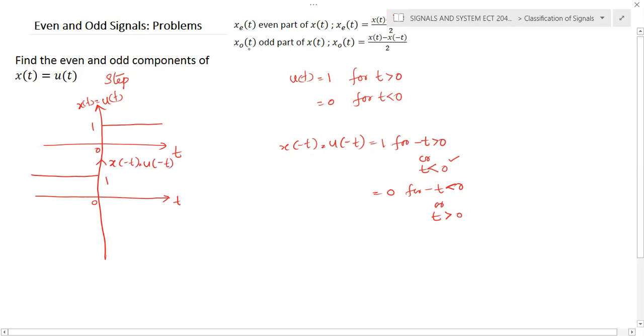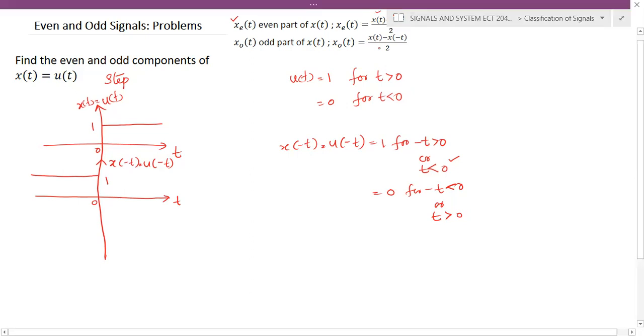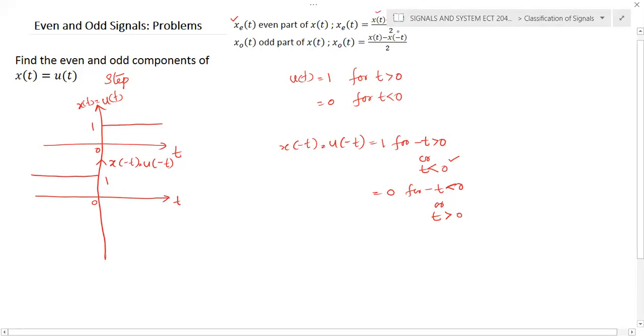Now we need to find the even part of the signal. In order to find the even part of the signal, you need to write xe of t is equal to x of t plus x of minus t by 2. So you can add these two signals, and draw the even component of the signal, that is xe of t, which is equal to x of t plus x of minus t